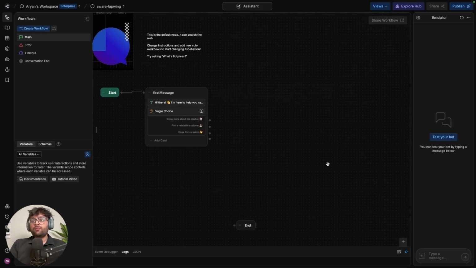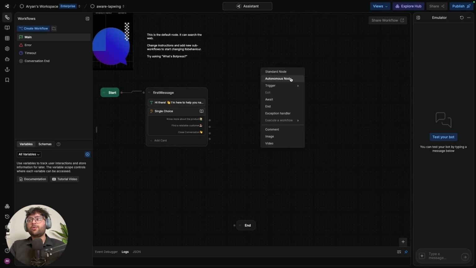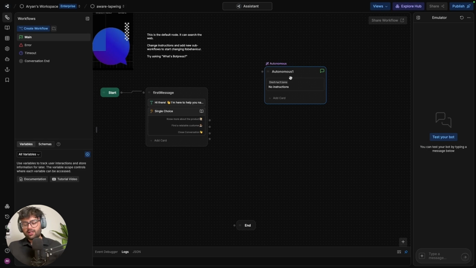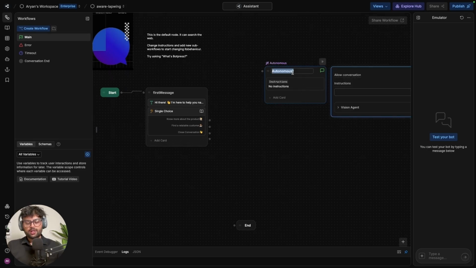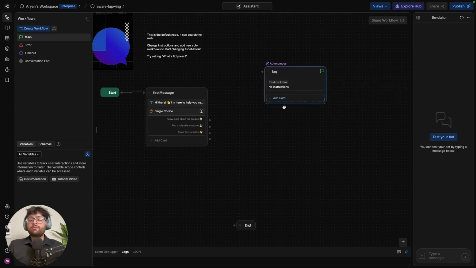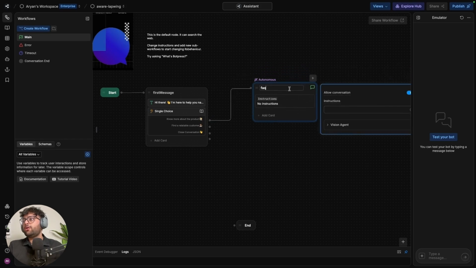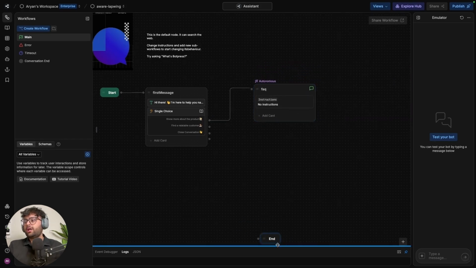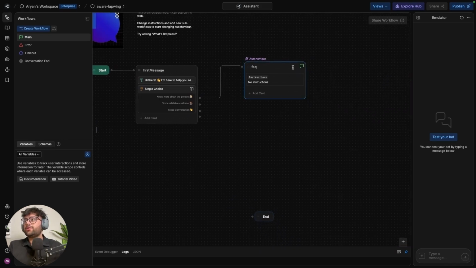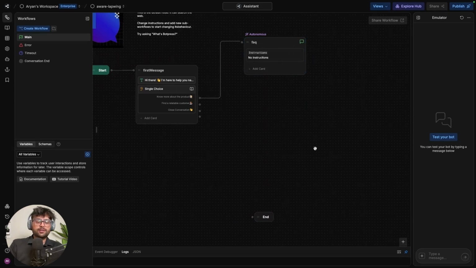So once we have the first message, we can go ahead and start creating nodes and commanding centers for the different menu options that we are giving it. The first one, let us name this node as FAQ. The main purpose of this node is to go through all the knowledge resources that we have and help the user with anything that they could possibly ask about the company and what we do, or what are the pricing,